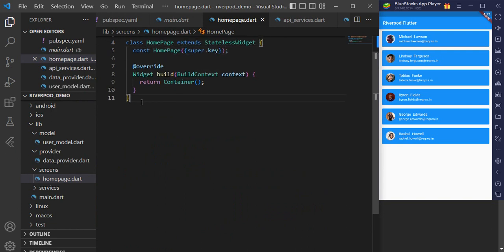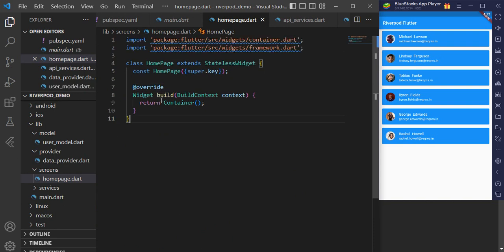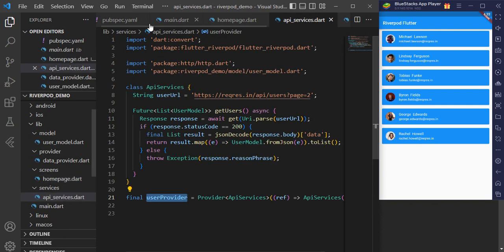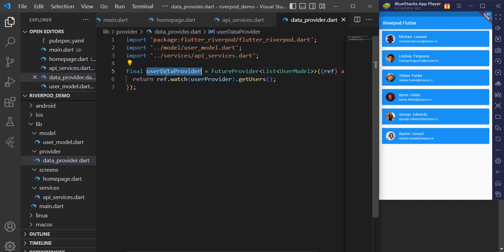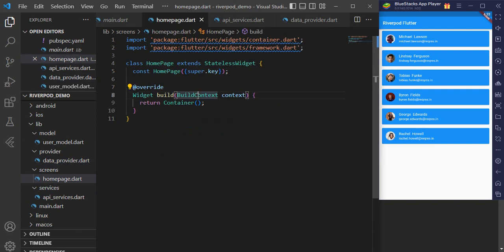As we are going to use Riverpod state management, we don't need the stateful widget. So we need to find a method so that we could access this data provider from here, this method in our homepage.dart. So for that we need to